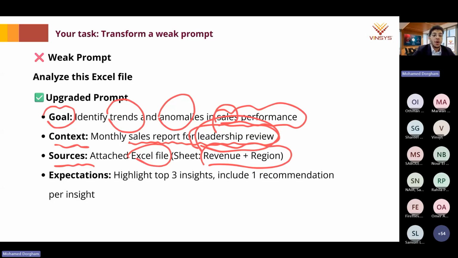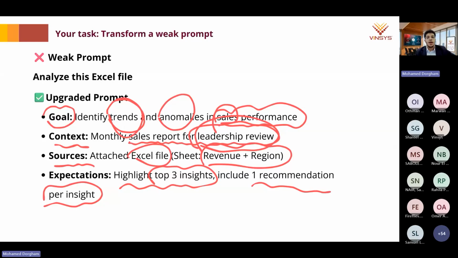What I'm looking for? I want to highlight the top 3 insights, or maybe the top 3 trends, top 3 anomalies, and for each insight, please add a recommendation. See, this is also another point that will help you. Let's say a director or a manager told you, I want to analyze this, and if you got any anomalies, please add a recommendation based on the data analysis. So you can include this in your prompt for the AI, so it will get you exactly what you are looking for. Okay, so I want to make sure that everything is clear.